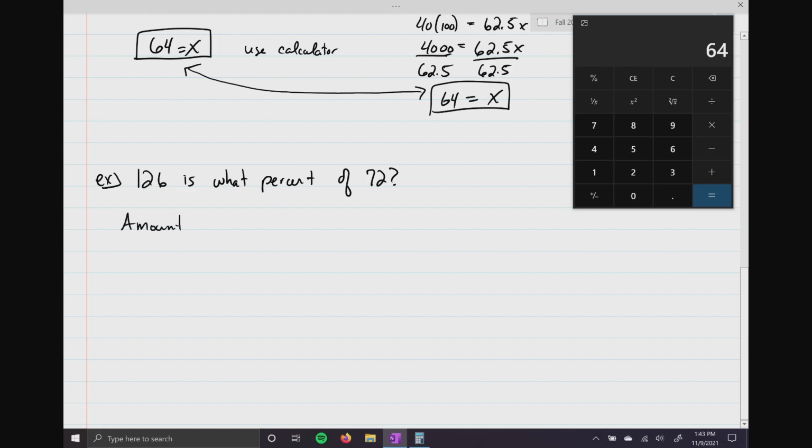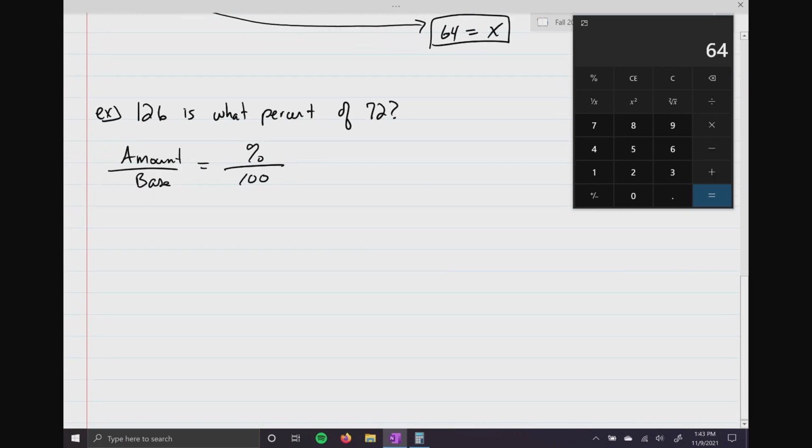So we've got our amount over the base equals the percent over 100. Let's go through it. I don't see a percent at all. See how it says what percent? So when I set this up, I'm going to put x up there. Now I see the word of. I look directly to the right. It's going to be 72,